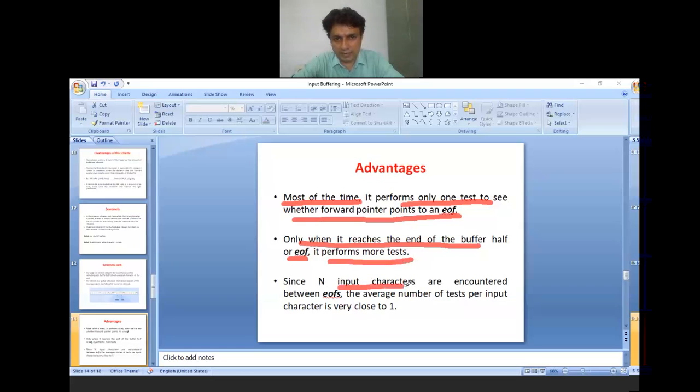Since n input characters are encountered between end of the files, the average number of tests per input character is very close to 1. As we already know, in case of probability the value lies between 0 and 1.